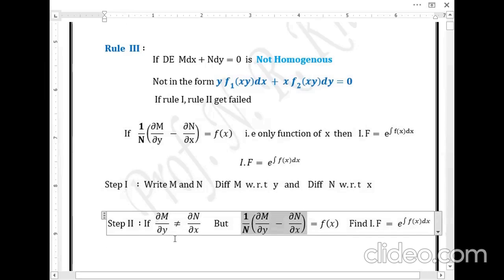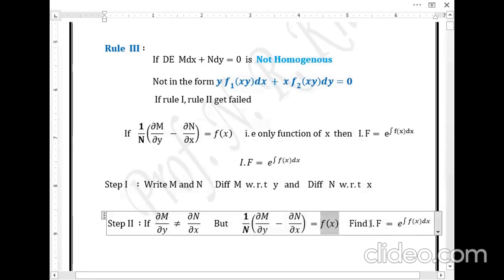Before that, we have to check whether our given differential equation is exact or not. If the derivative of M with respect to y is not equal to the derivative of N with respect to x, it means the given differential equation is not exact. But if the subtraction between the derivative of M with respect to y and the derivative of N with respect to x